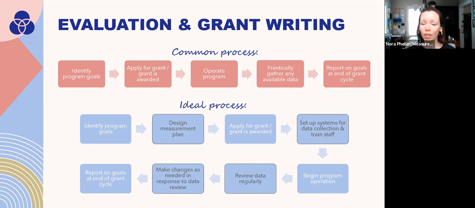In addition, if you wait until after the grant is awarded, what can happen sometimes is that you can find out that that wonderful outcome that you put into your application actually isn't measurable. Either it's not possible or it's not realistic. And then you're having to maybe go back to the funder and sort of ask for an amendment perhaps before you even started the program. So it's really thinking it through all the way to the end before you commit yourself to that in an application. Then the next step would be to set up those data collection systems and train staff.